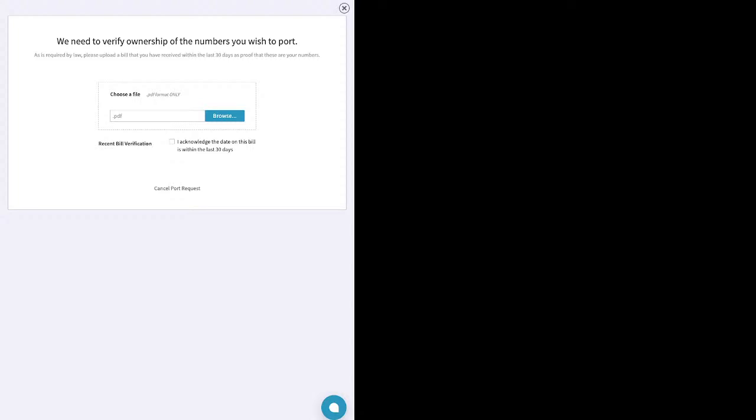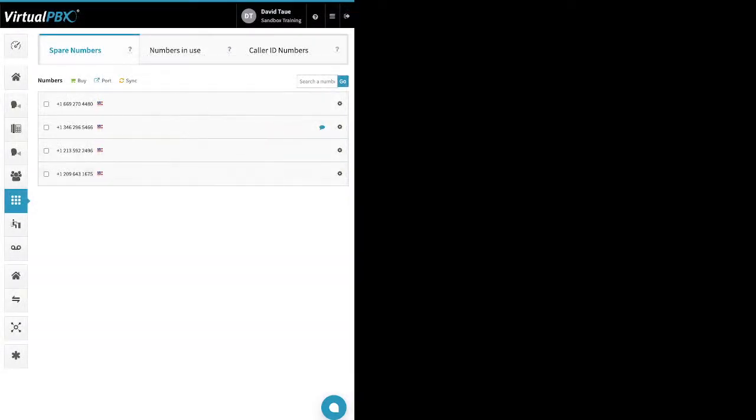It will then give you the opportunity to download a blank LOA, letter of agency. Then you can upload a completed and signed LOA. There's 4 checkboxes to check, and then you click submit. After you click submit, you'll get an email saying, hey, you submitted your port request. You should get a second email by the next business day from our porting team,